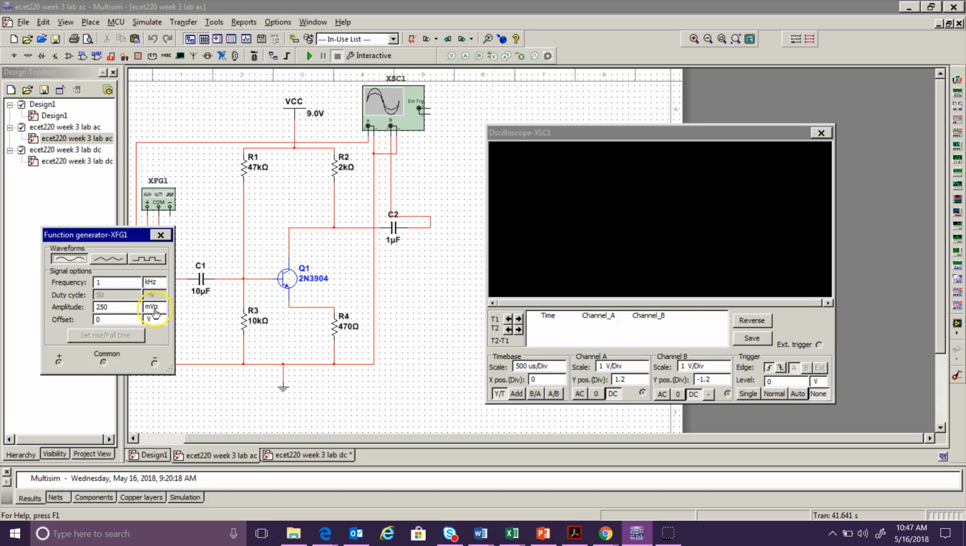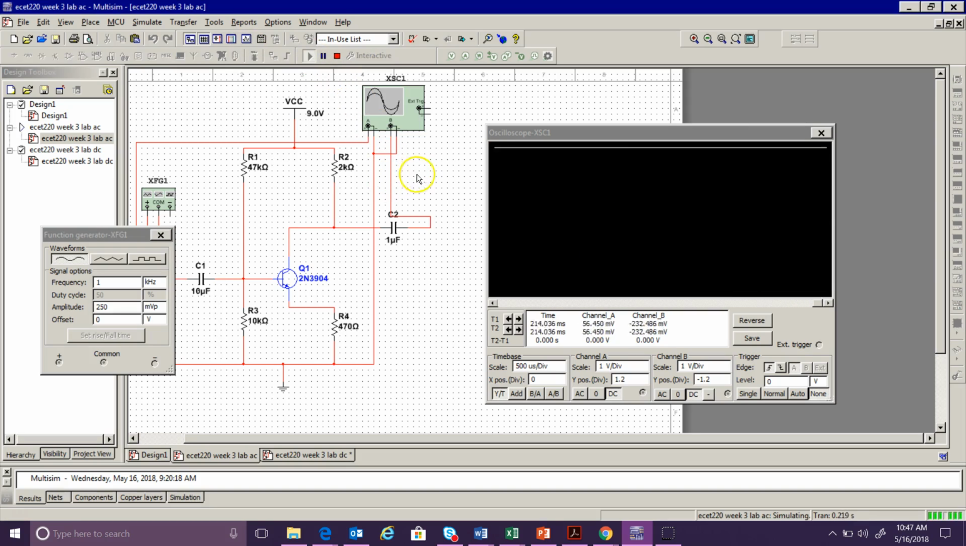We couldn't do peak to peak here, so I had to go with peak, which would be half of the peak to peak. It says 0 volt output on the instructions. What it's talking about, I think, is the offset here should be set to 0 volts. Once I apply that signal to the input,